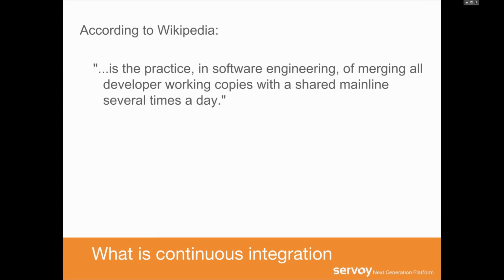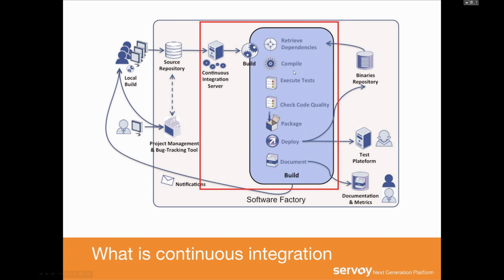Now, if we zoom in a little bit, we are really talking about continuous integration, and using Jenkins as the tool for that. But what is continuous integration? Again, according to Wikipedia, it is the practice in software engineering of merging all developer working copies with a shared mainline several times a day. Again, let's try to visualize that. If we look at the same diagram here, you can see that this particular part is all part of the continuous integration process,